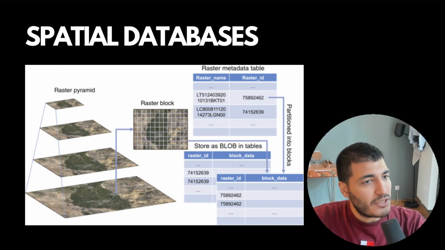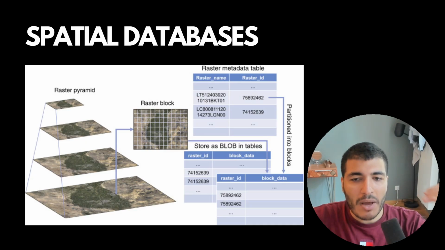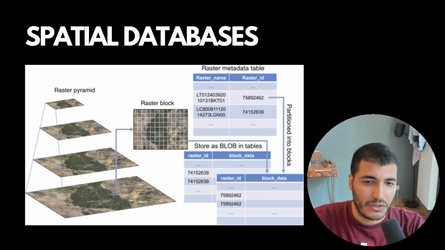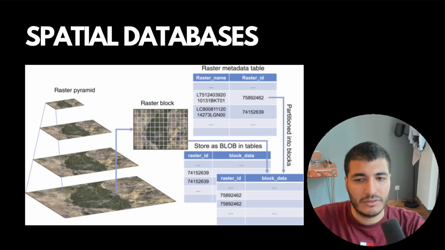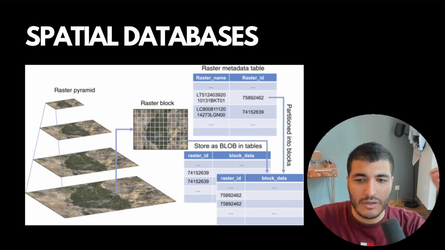Next, we have spatial databases. Spatial databases are designed to store, manage, and analyze data that represent geographical or spatial information. They handle complex spatial data types like points, lines, and polygons, and provide efficient indexing techniques for optimizing spatial queries,